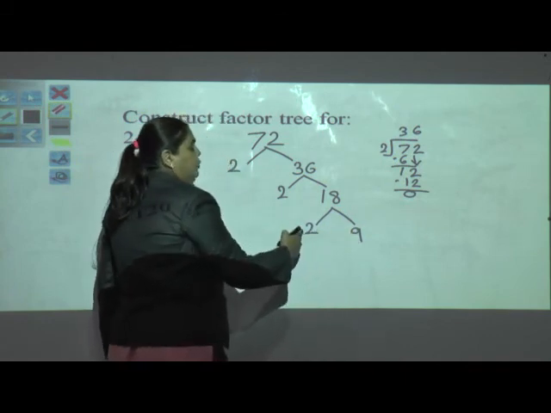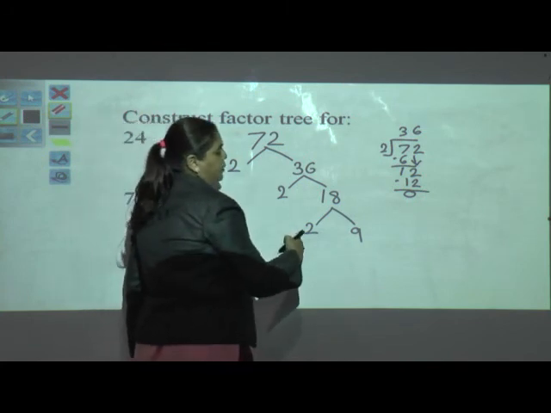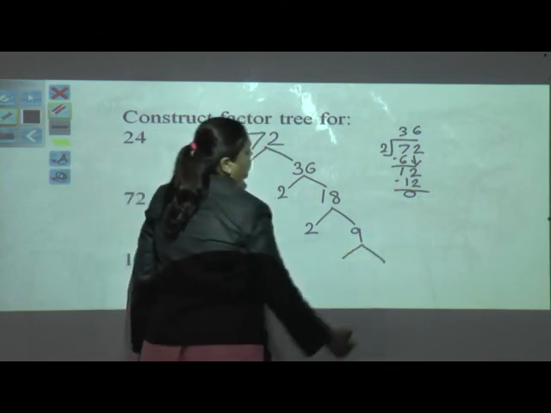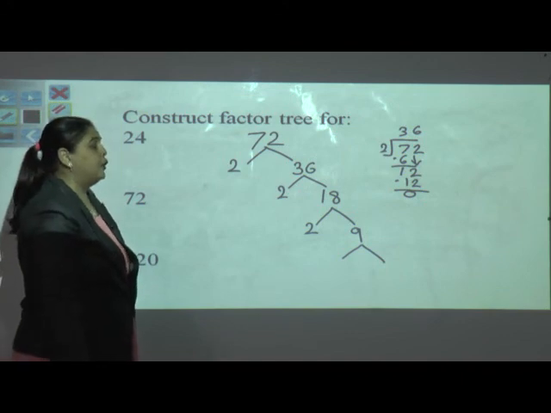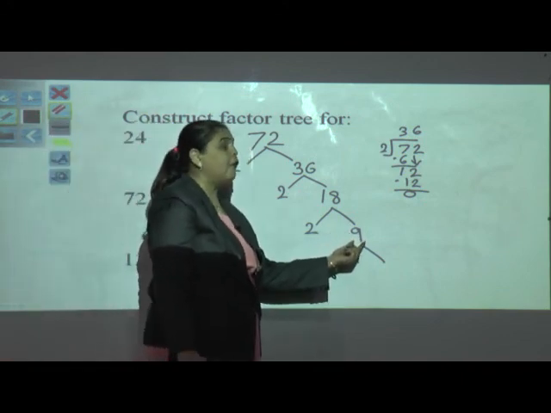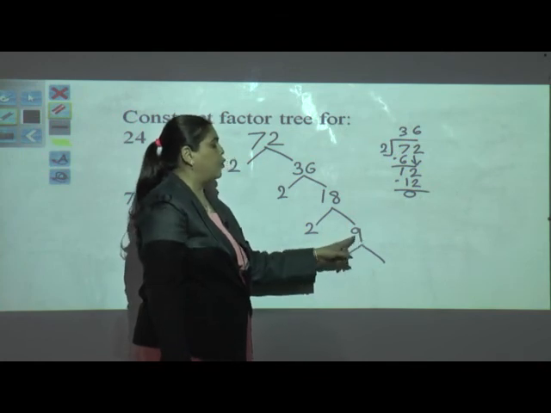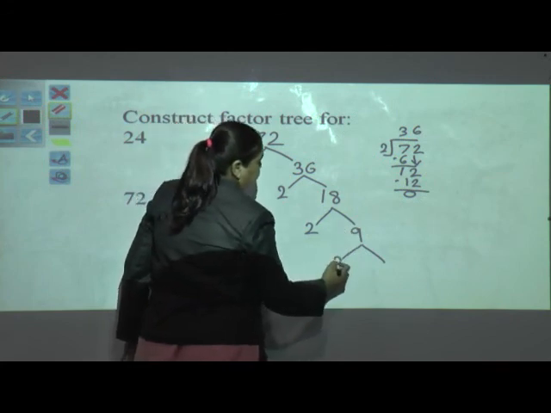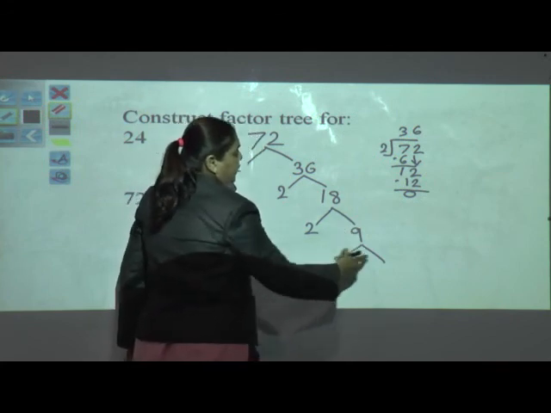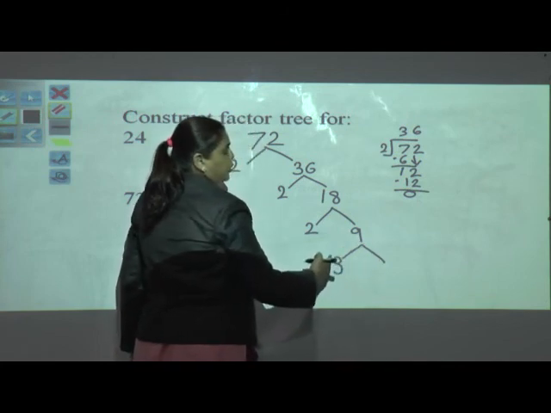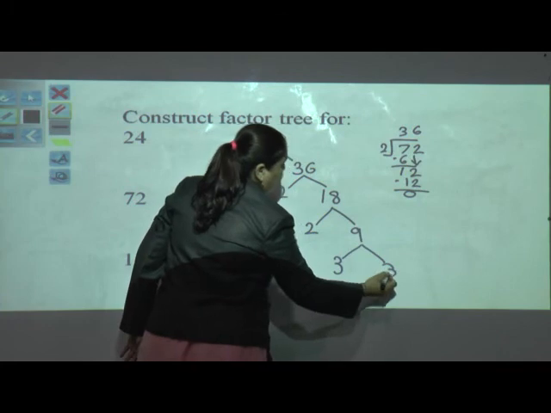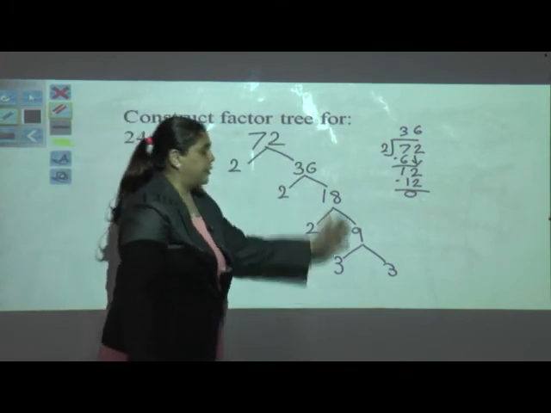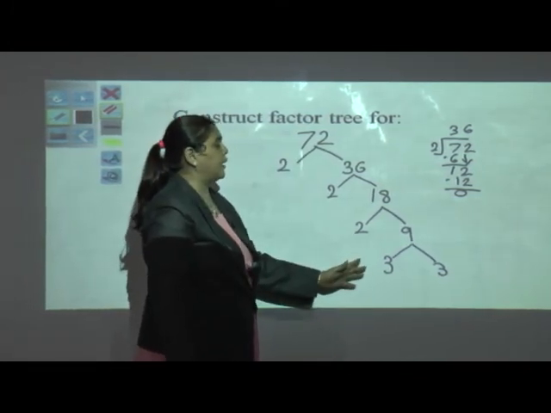Now we can't have more factors for a 2 because it's a prime number. Again we are having a 9, which is a greater number, so again we will go for the factors of 9. We have to try with 2 first, but here we don't have an even number, it's an odd number, so we have to try with 3. Can we have factors here for 9? What will be the factors? 3 3s are 9, 3 1s are 3, 3 2s are 6, 3 3s are 9. You can recite the table in your mind and find out the factors by the factor tree method. So we have found out the factors here.